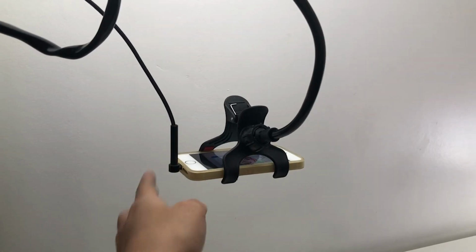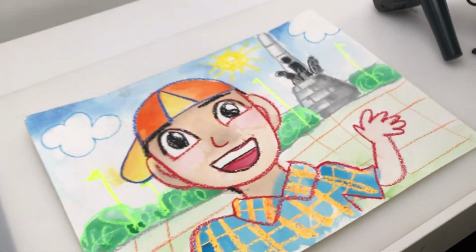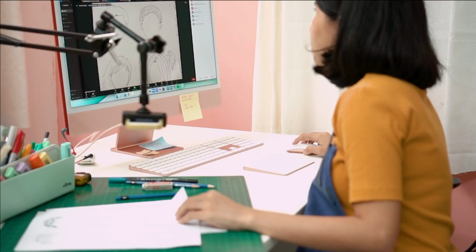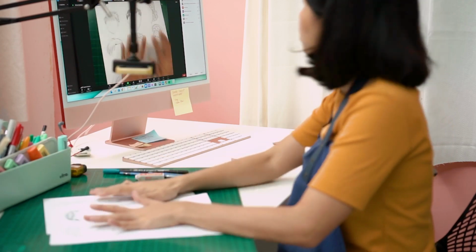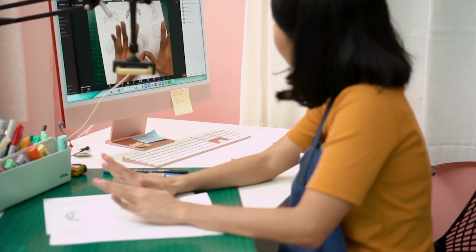So that means I need more space. I saw that some teachers do that on the floor. That means they teach on the floor because that's the only bigger space that they have. And that's one of the disadvantages because you'll be needing a bigger space if you're using a traditional paper and pencil. Also, if you're using a fixed phone or webcam as an overhead camera, not all devices have a zoom